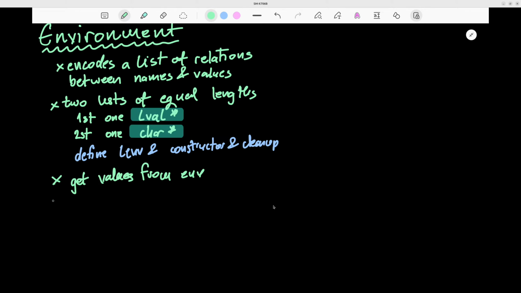So okay, the book says to get a value from the environment, we loop over all the items in the environment and check if the given symbol matches any of the stored strings. If we find a match, we can return a copy of the stored value. If no match is found, we should return an error. Okay, the second one, putting